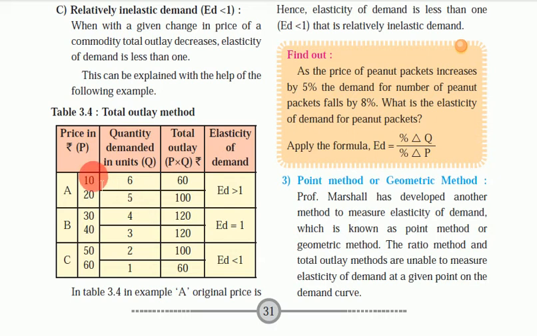If the price is 10, we will purchase 6 units of the commodity. When the price increases, we will purchase a lesser quantity. Here we demand the lesser quantity at the higher price. Now the total amount spent is 20 into 5, that is 100. Now in this method what we have to do is divide the total expenditure incurred, that is 60, by 100. 60 upon 100.